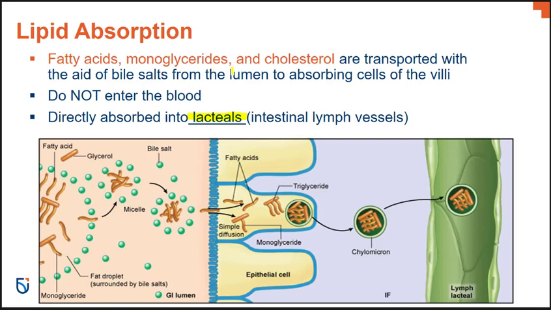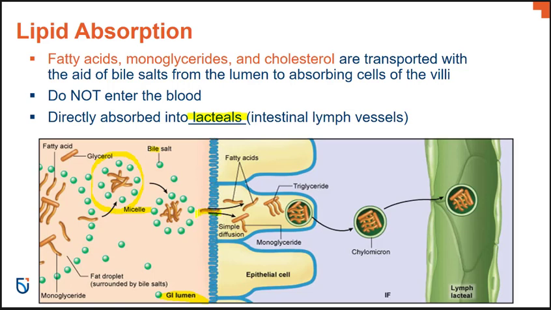Fatty acids, monoglycerides, and cholesterol are all lipids, and they are transported with the aid of bile salts from the lumen of the intestinal tract to absorbing cells of the villi. So what does that mean? Well, let's have a look at the lumen of our intestinal tract and how we have this fat that's present here. We have bile, which is going to emulsify the fat and form these smaller droplets, which will allow for enzymes like pancreatic lipase to really get to this fat and break it down further,